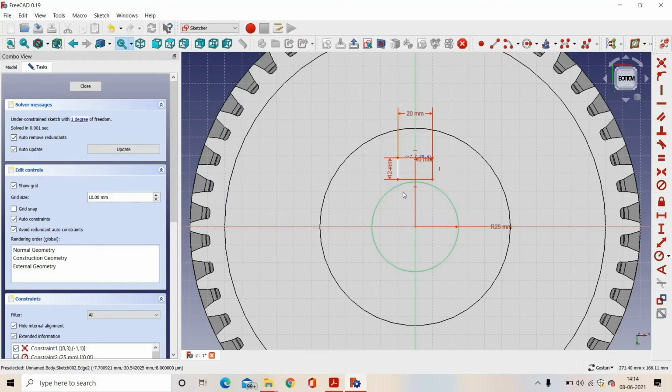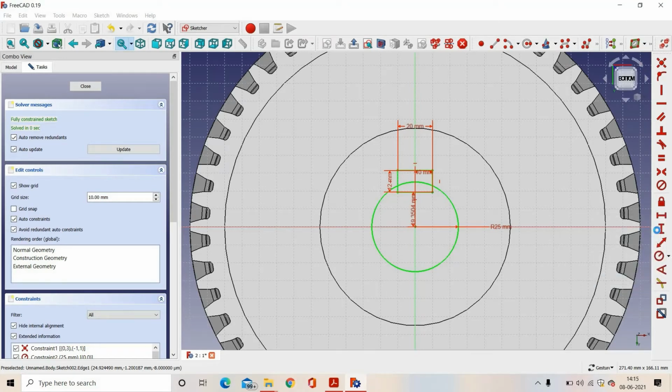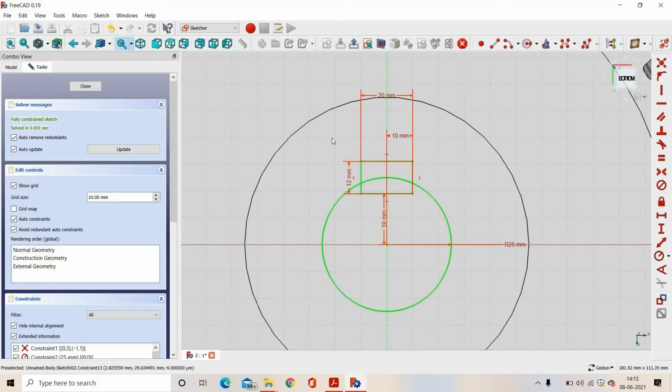Now the rectangle can move only in vertical direction, so it has only 1 degree of freedom. To fix this, the distance between these 2 points is 19 mm. Now our sketch is fully constrained.